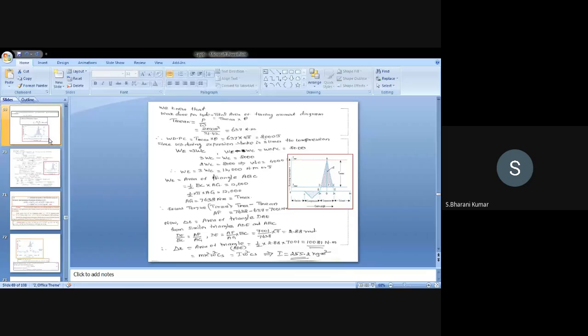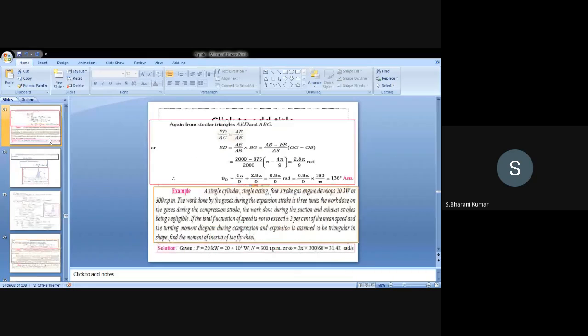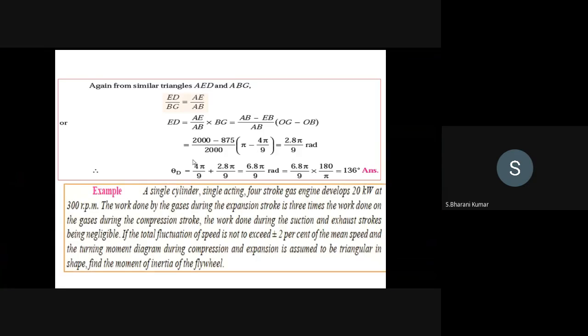A good question. I'm giving the question once again. So look here, in this question itself, they clearly mention all the data. You want to draw the graph. Look at the work done from the second line. Work done by the gases during the expansion stroke is 3 times the work done on the gases during